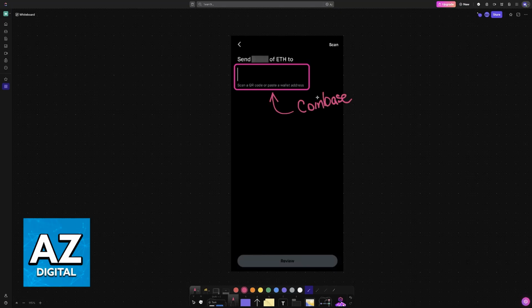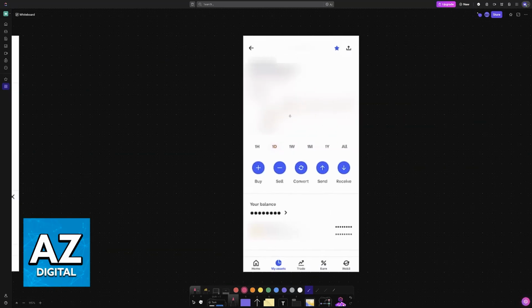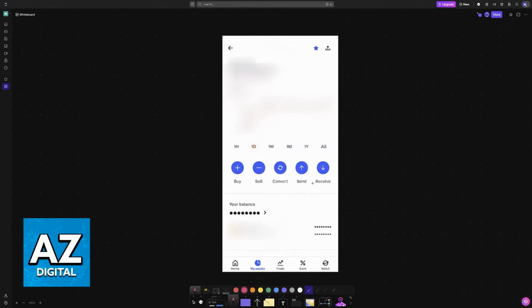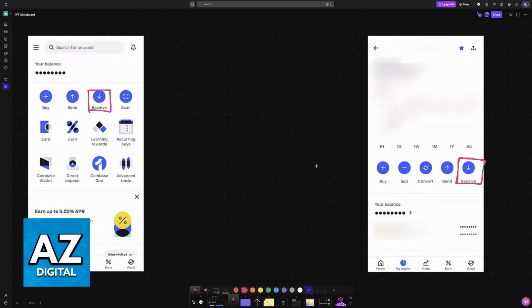So to get this wallet address, you have to go over to the Coinbase app and either choose the receive option from the home screen or go to the page of the specific crypto asset that you would like to receive. Then when you choose the option here, you will see your address. You can copy this address and you can also consider using the QR code if it is more convenient. It doesn't matter. Either this address or the QR code are going to work.